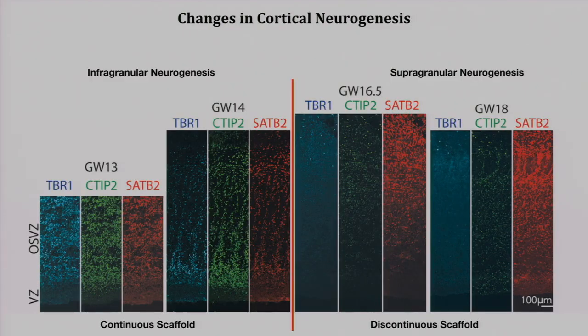What is very interesting is that when you look at the generation of neuronal subtypes and the timing of their generation, the switch that occurs during cortical development from deep cortical layer neuron generation, including markers such as TBR1 for the corticothalamic neurons and CTIP2 for the pyramidal tract neurons, it seems as though the time when the radial glia scaffold transitions from the continuous to discontinuous structure largely coincides with the switch from deep or infragranular to upper layer or supragranular layer neurogenesis in the human.